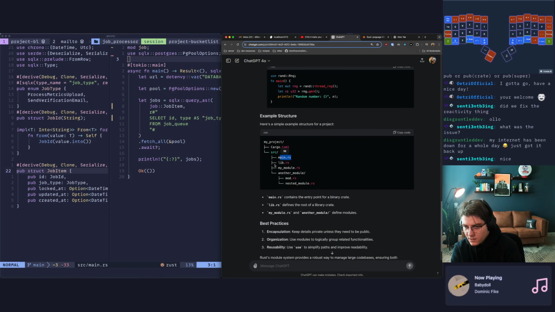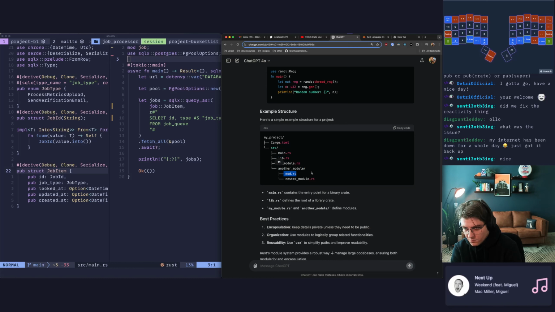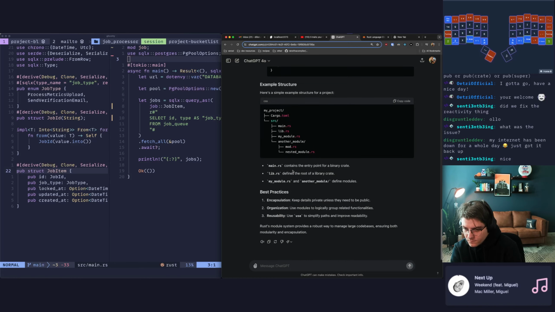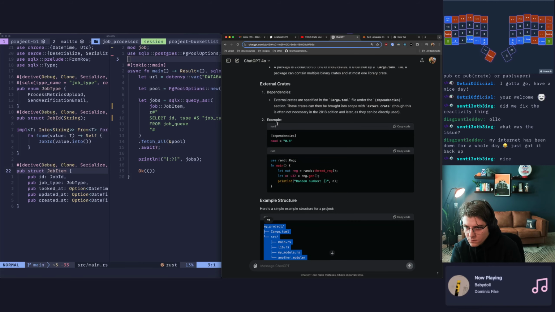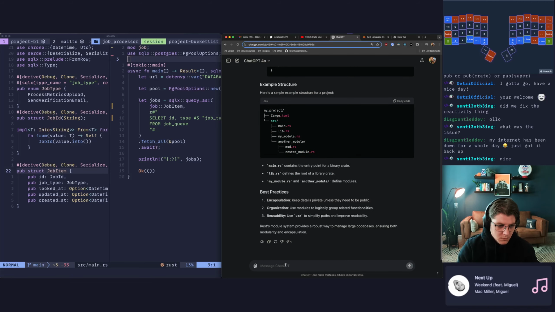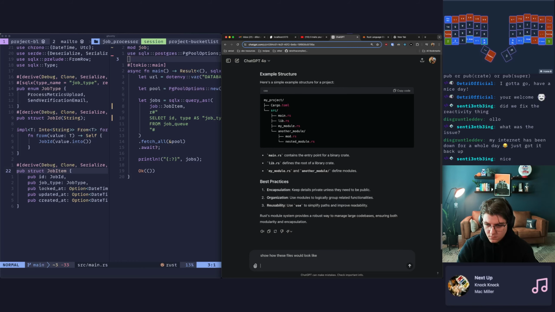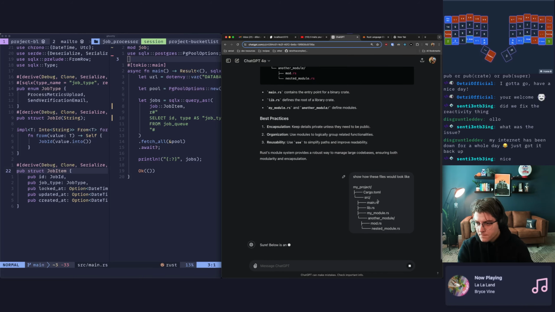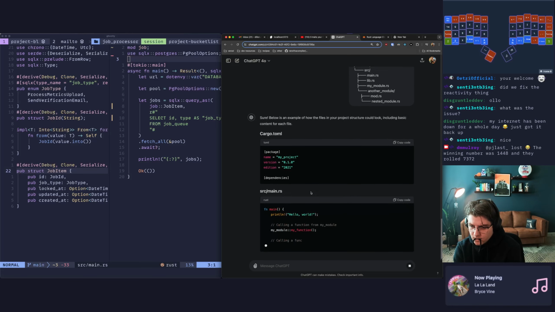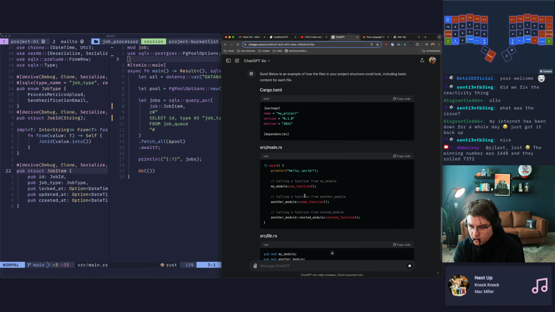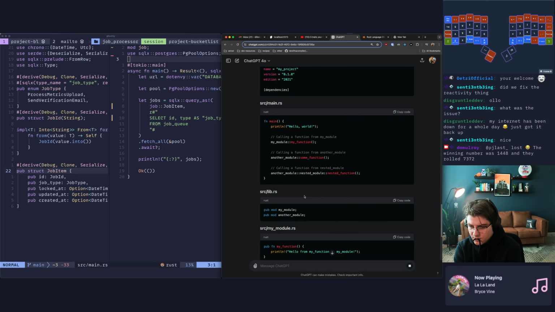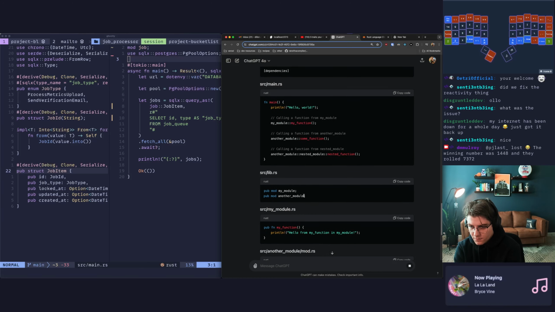Okay, here we go. So we have main and lib, and then my module, another module, mod. Show how these files would look. My module, source lib, pub mod my module, pub mod another module.